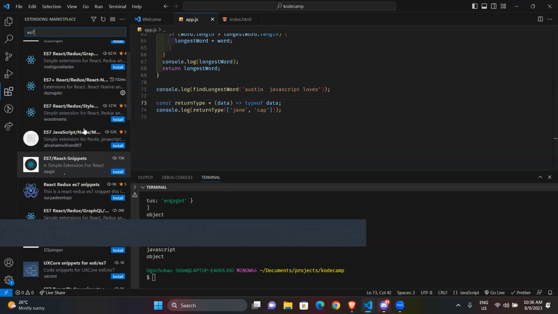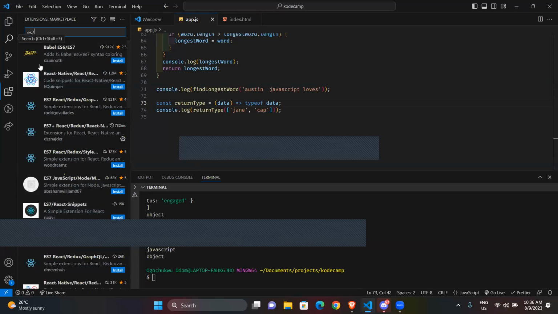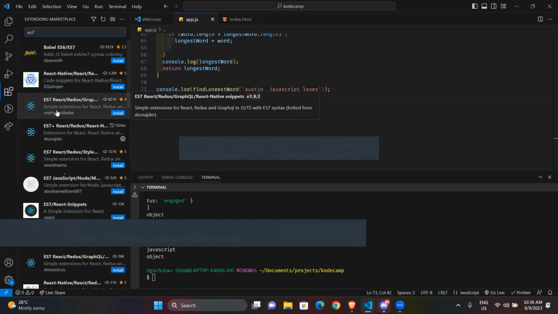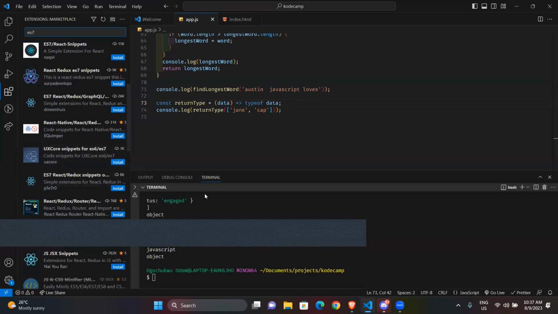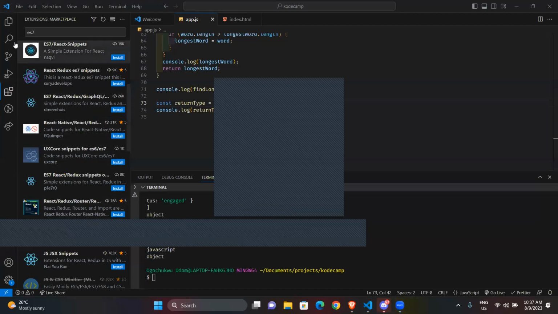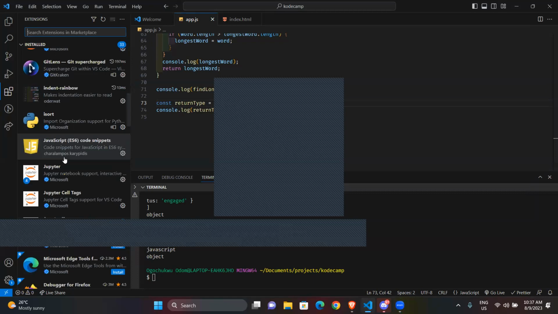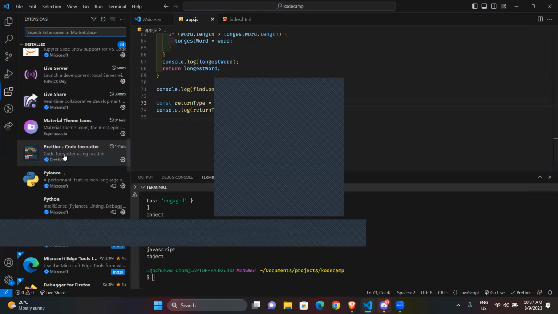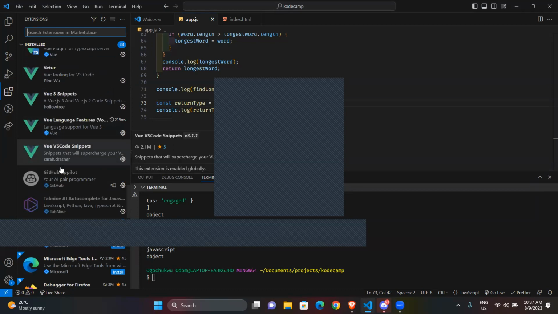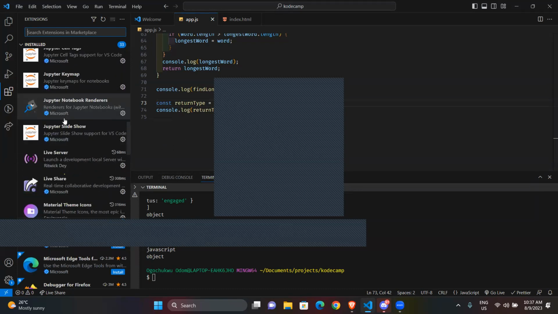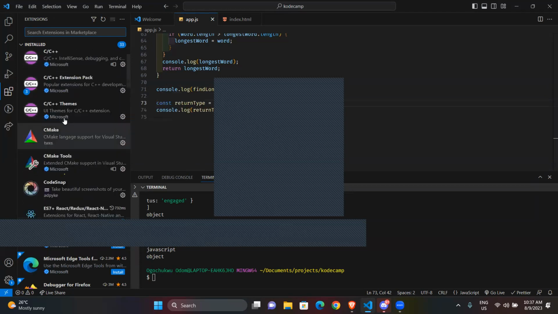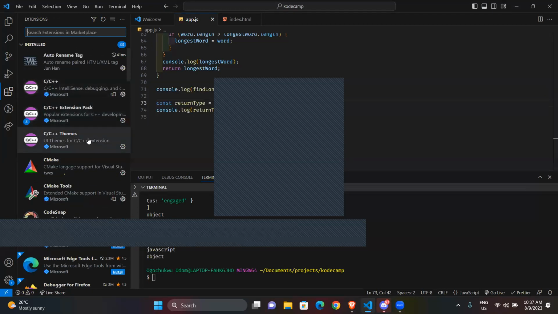I already have that installed. I thought I didn't have it. Let me go through my installed extensions.